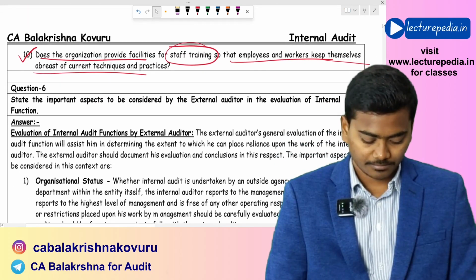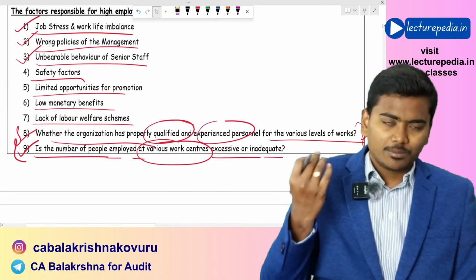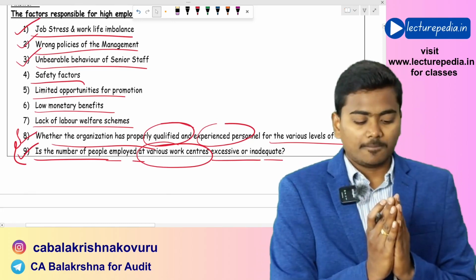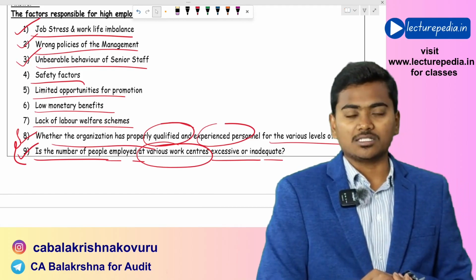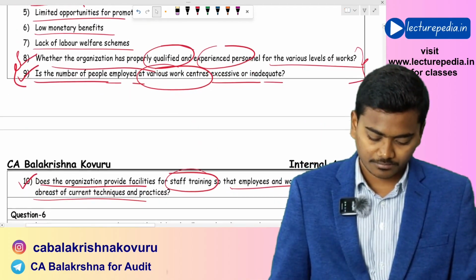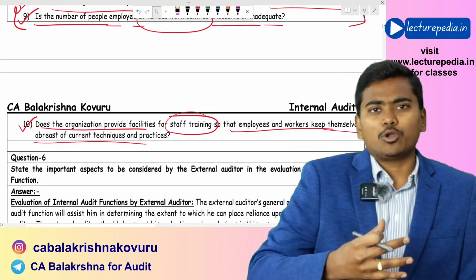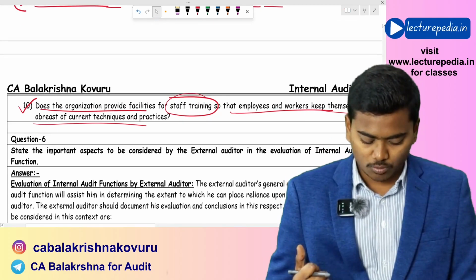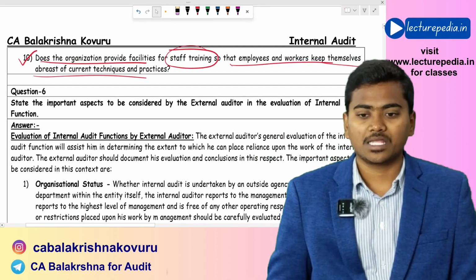Okay, basically all these you can remember them, if you feel the situation, you can easily remember these points. Okay, you just need to think what could cause an employee to move out of the organization, what factors could cause him to move out of the organization. If you think in such manner, you will easily remember them. Next,